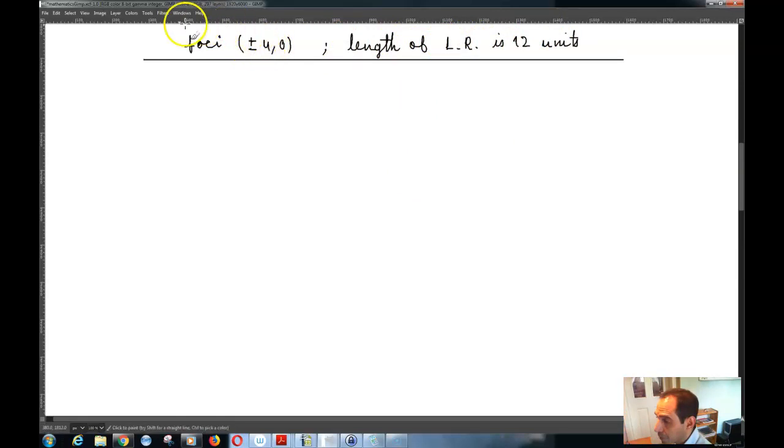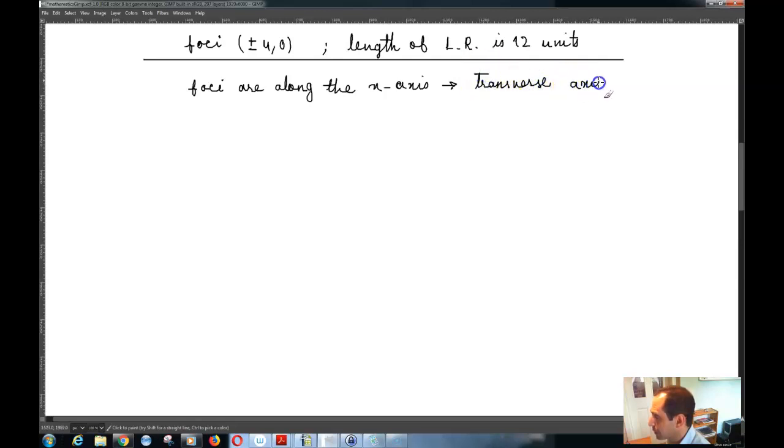So let's say that the foci are at these 2 points. Since the x coordinates of these points are positive 4 and negative 4, and the y coordinate is 0, what that means is that the foci are along the x-axis. So since the foci are along the x-axis, your transverse axis is along the x-axis,